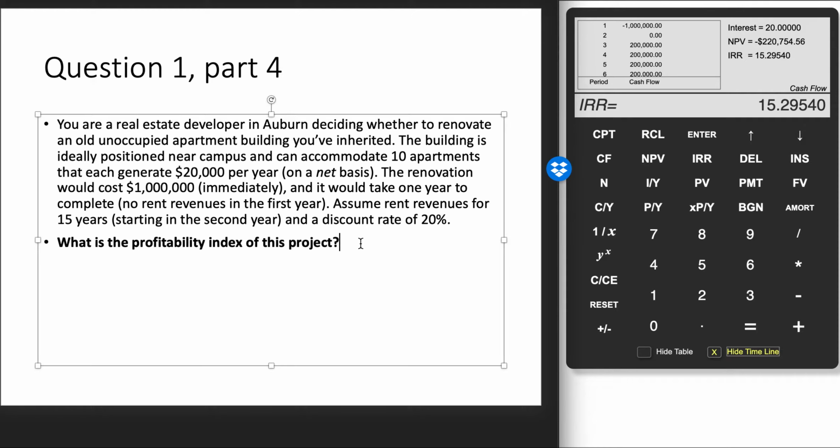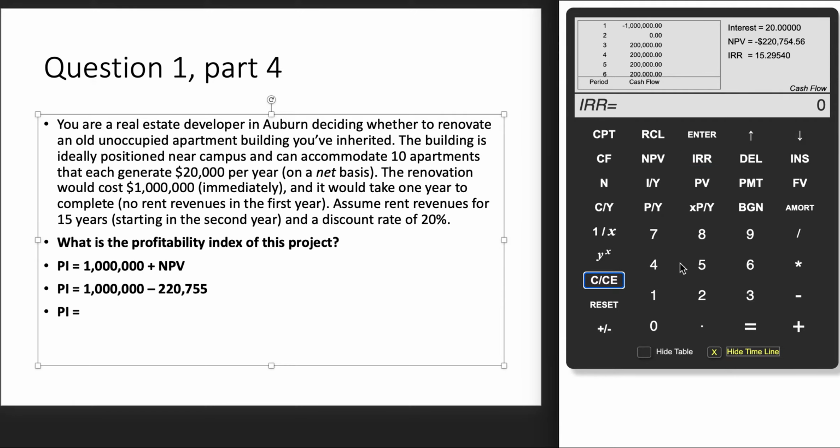So I'll go ahead and write that down. So I'm going to say the profitability index is equal to the initial cost plus the net present value. In this case, the net present value is negative, and so the present value of the benefits is going to be a little bit less than $1 million. So it's going to be minus 220,755. And so I can just do the math on the calculator. And so $1 million